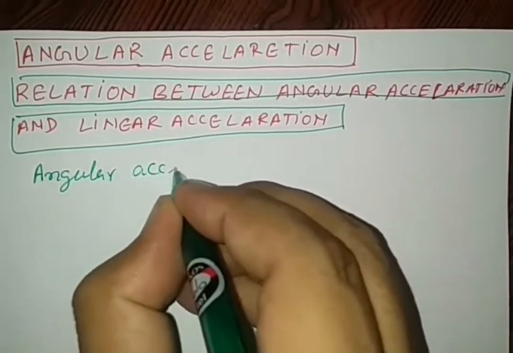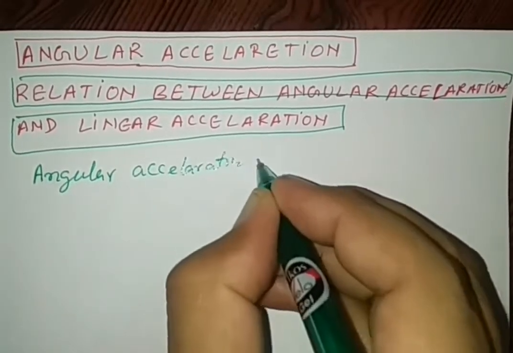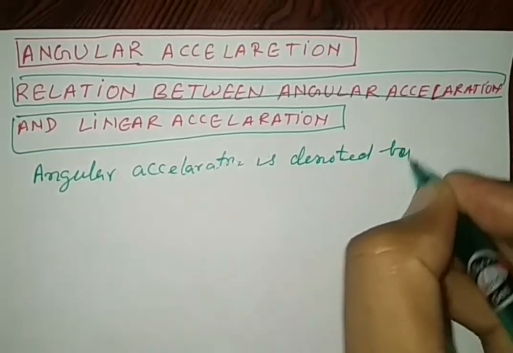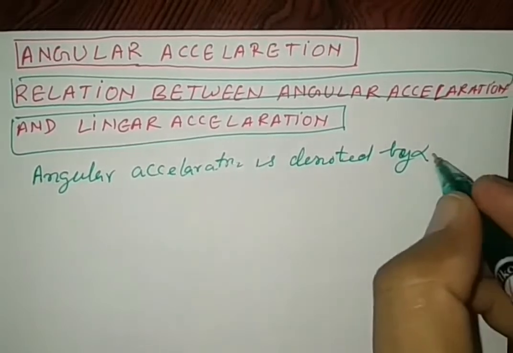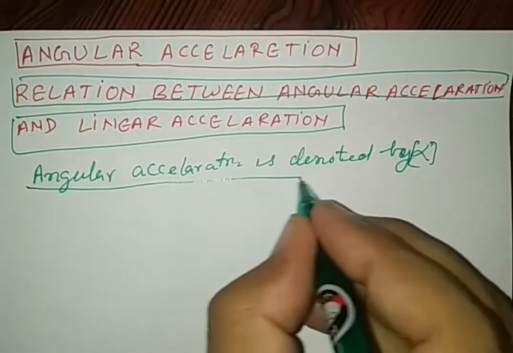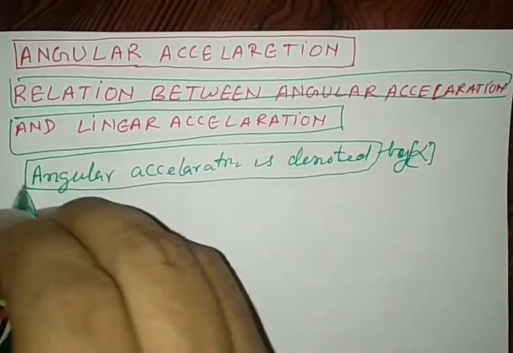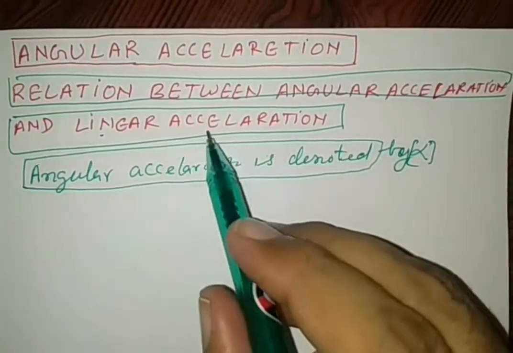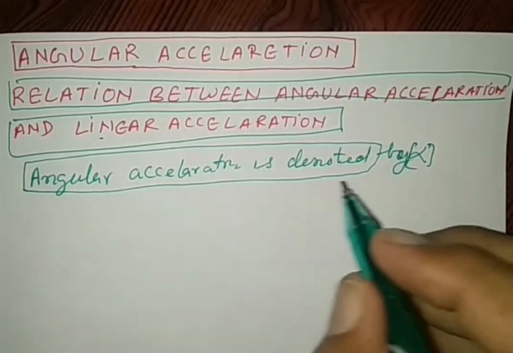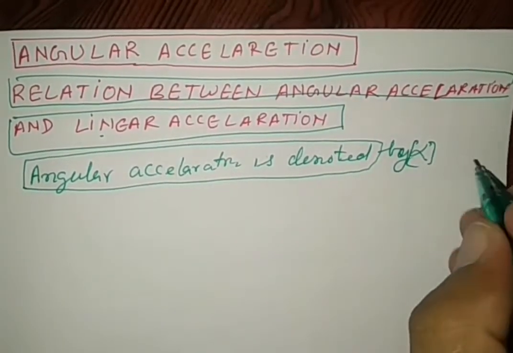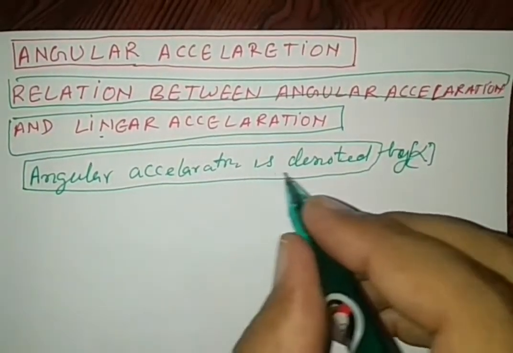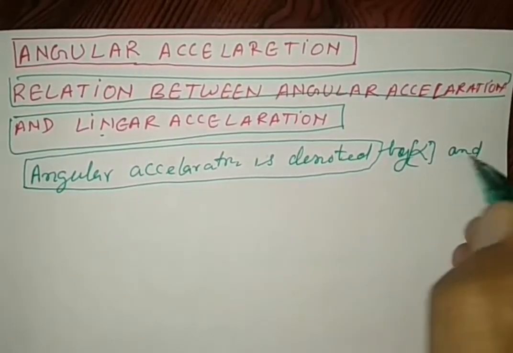Angular acceleration is denoted by alpha. First of all, see, it is represented by the symbol alpha. It is defined in the same way as linear acceleration is defined. Linear acceleration is defined as rate of change of linear velocity, and here angular acceleration is defined as rate of change of angular velocity. So we may write here, angular acceleration is denoted by alpha and defined by